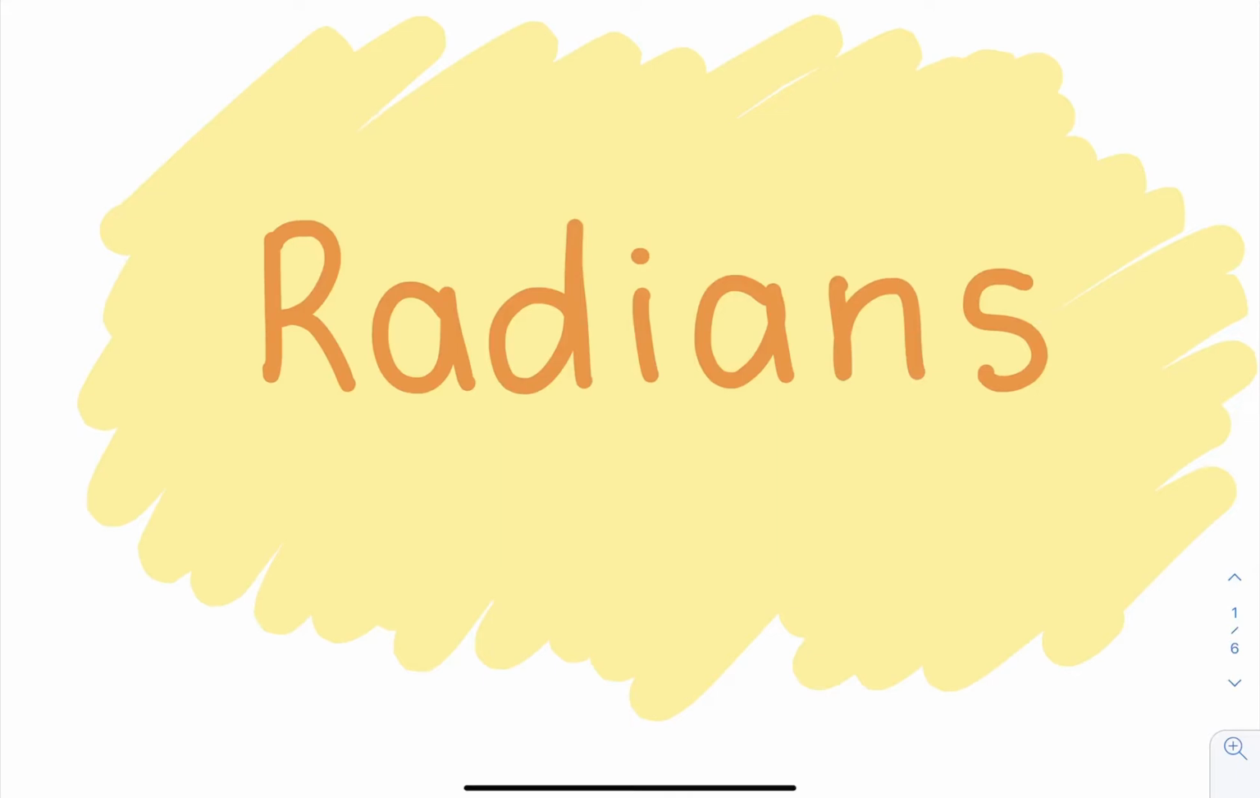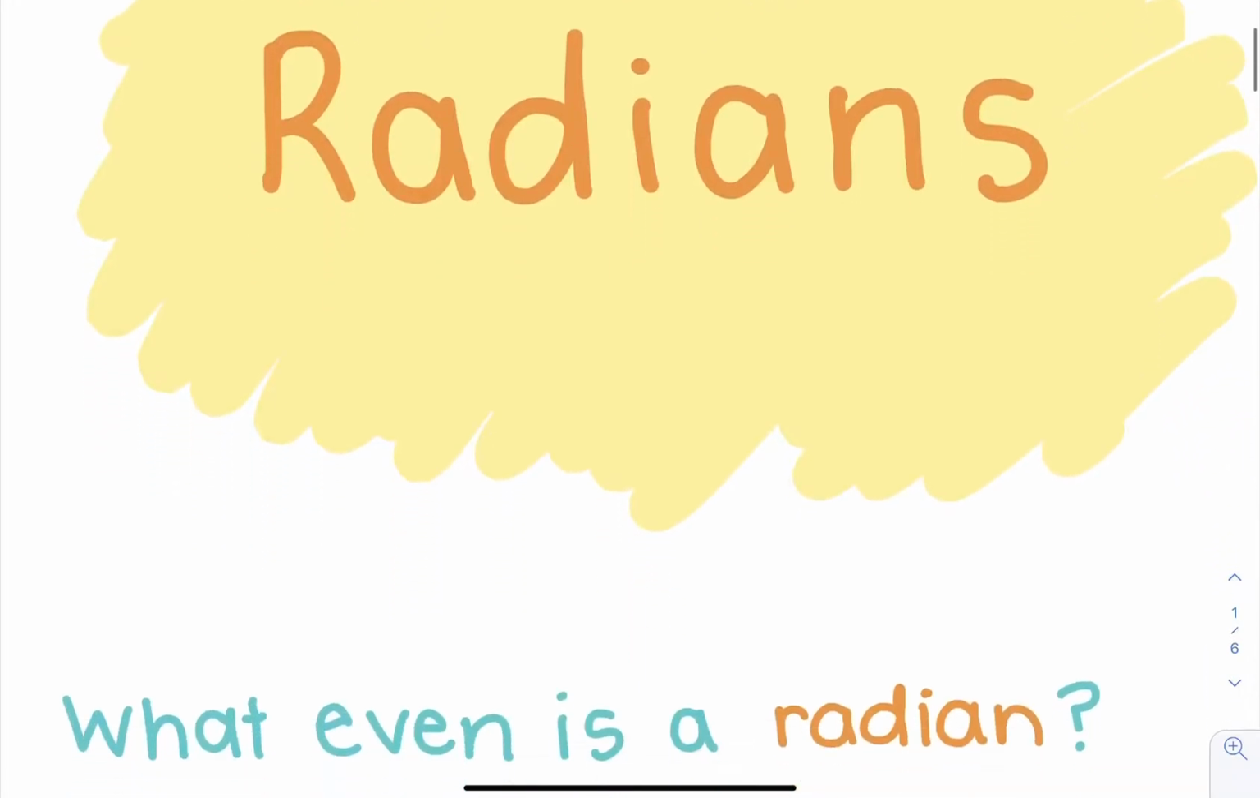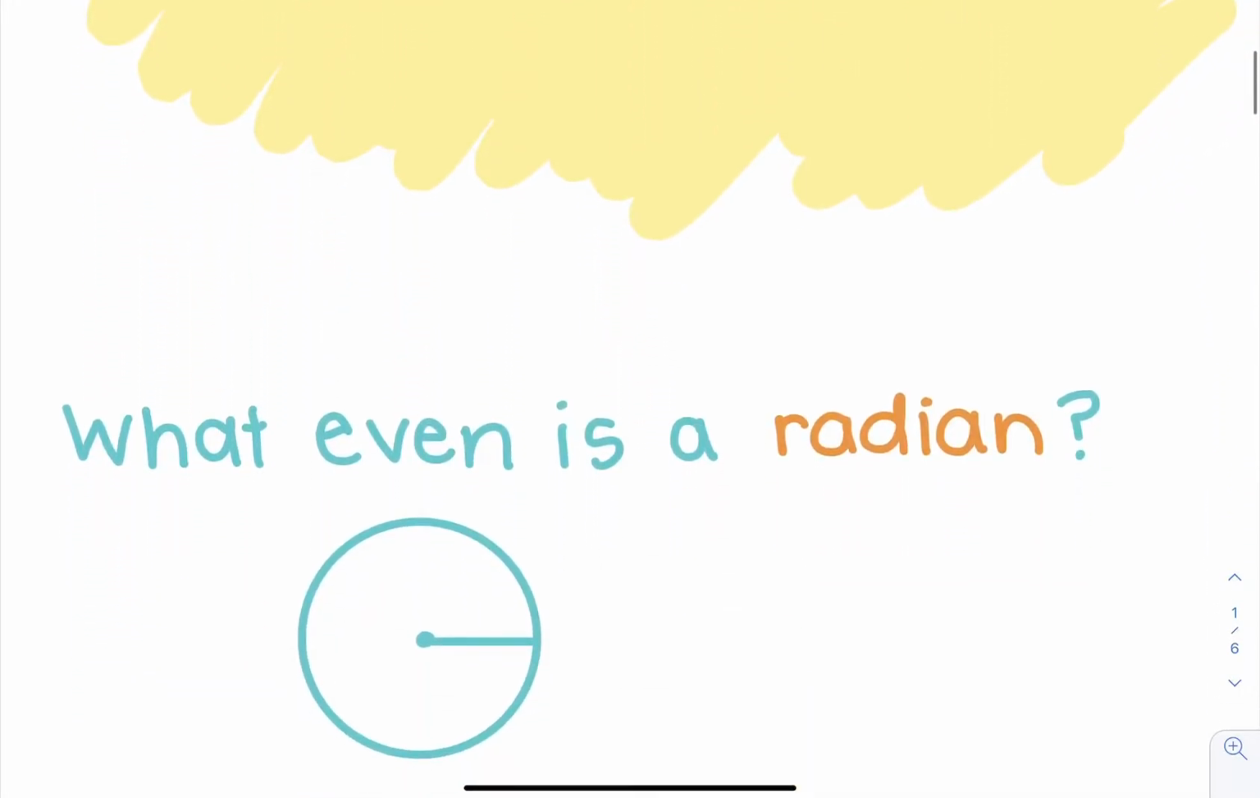So today we're going to start learning about the basics of radians. So the first question you might have is, what even is a radian? So here's how we think of what a radian is. It is a way to measure angles,